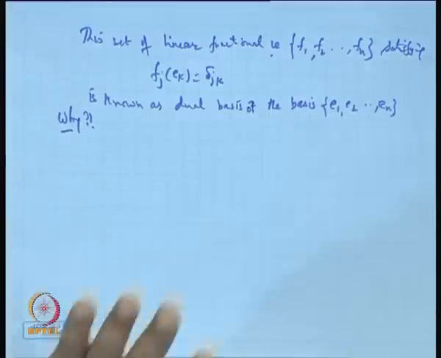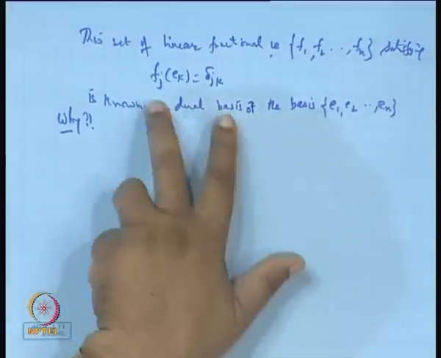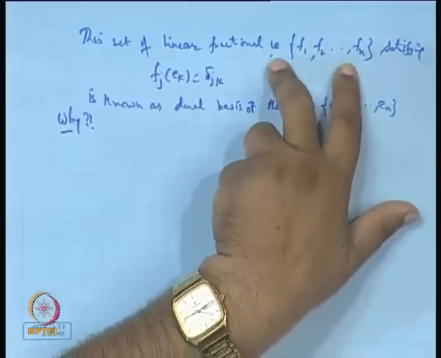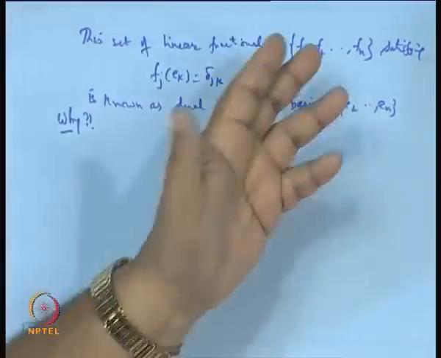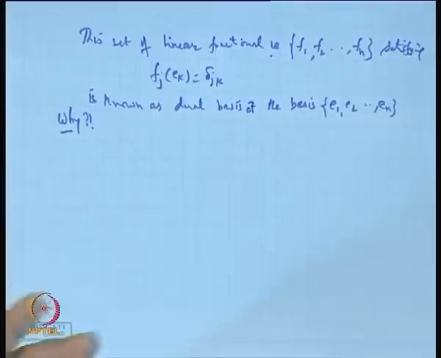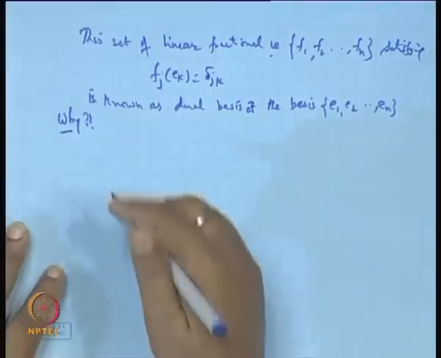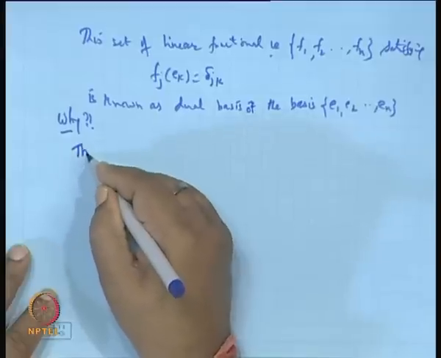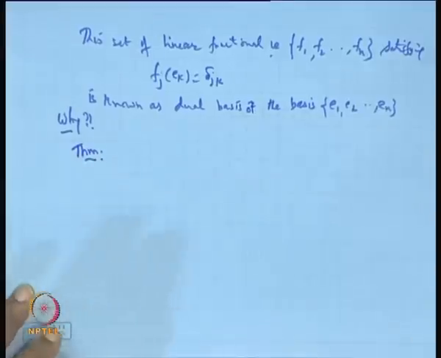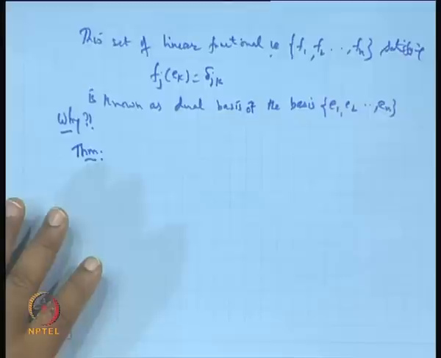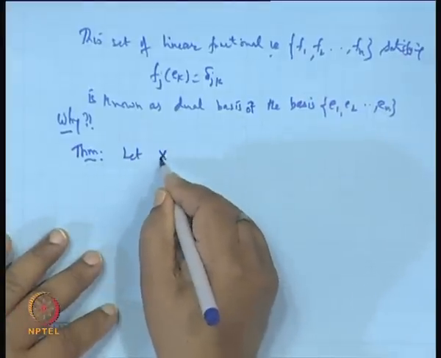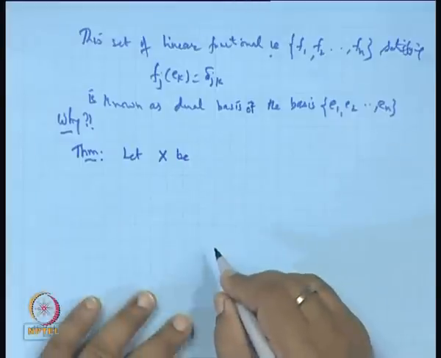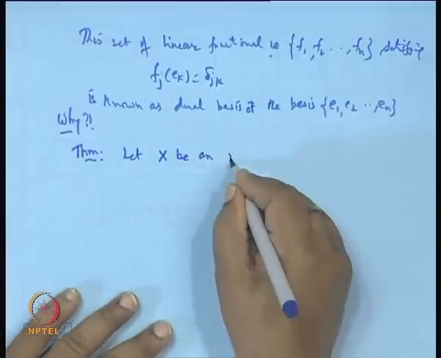It means that unless we prove that this collection F1, F2, Fn is a linearly independent set and it spans any linear functional, only then will it be the basis for x star. So, we do this in the form of this theorem. What this theorem says is that let x be an n dimensional